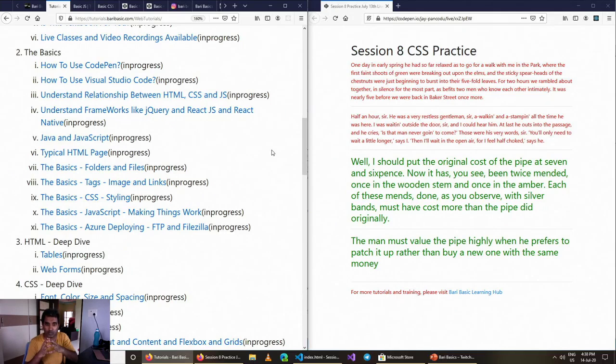You have the HTML, which is like the skeleton. I like to use this example a lot. You have the HTML, which is like a skeleton, and then you have the